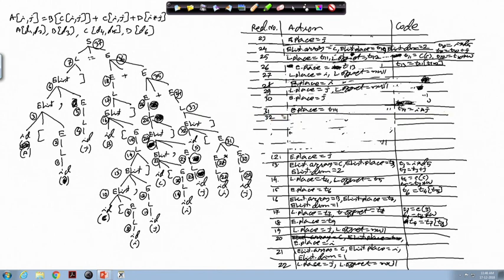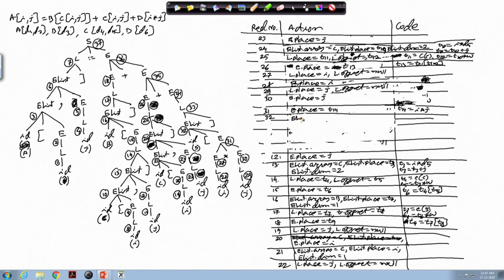Now, reduction number 32. In reduction number 32 we have this rule Elist producing id open parenthesis E. So, for that we have this L.place. At 32, Elist.array has to be created.